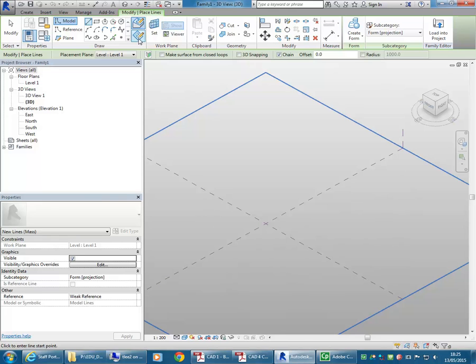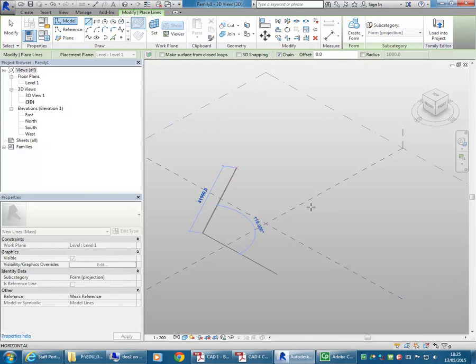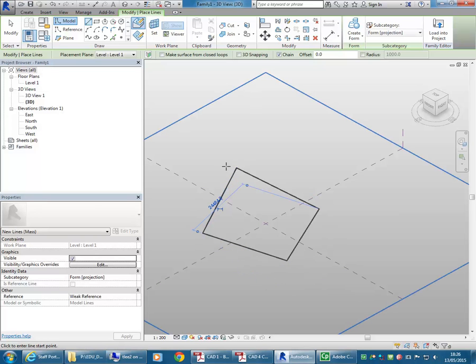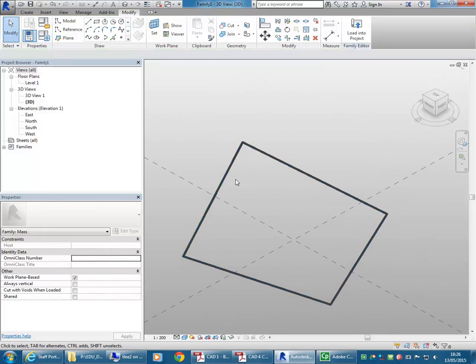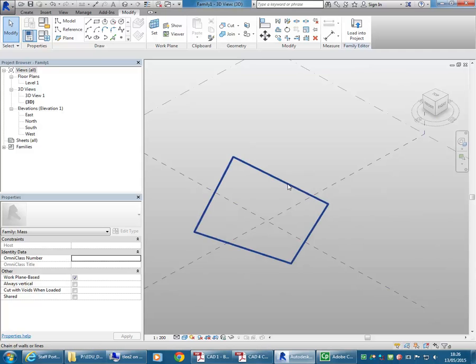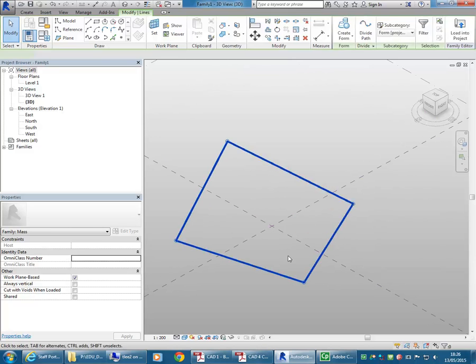And notice as well you've got the option to either draw on a face or draw on the work plane, which is one that people often miss. I'm going to leave it on that default option, which is draw on face, but often you'll change that to the other one, draw on work plane. And so I'm just going to begin with a simple shape, polygon,